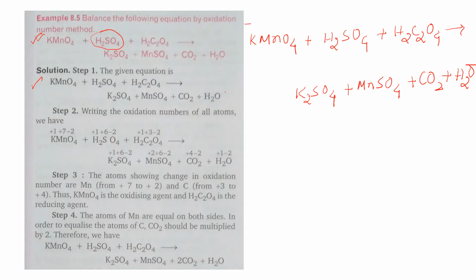Potassium is +1, you know. Oxygen is -2. I have 4 oxygens, so it will be -8, but I will write only -2 here, and when I find the Mn, I will multiply it by 4. So +1 and -8 sum to 0, that means x - 7 = 0. If Mn is x, then Mn is +7. If you can't do it orally, write it somewhere and do it. You know how to find the oxidation number.